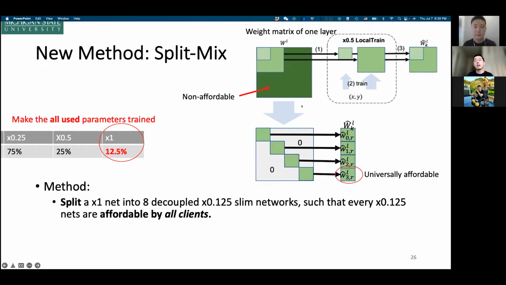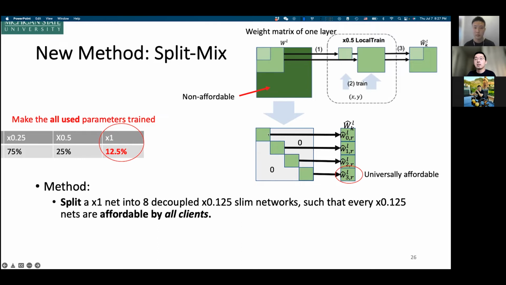So our idea is that we will restructure the model into more affordable subnetworks. That is, given the same matrix, we will not get subnetworks in the streamable way. Instead, we will split the network into different subnetworks independently.